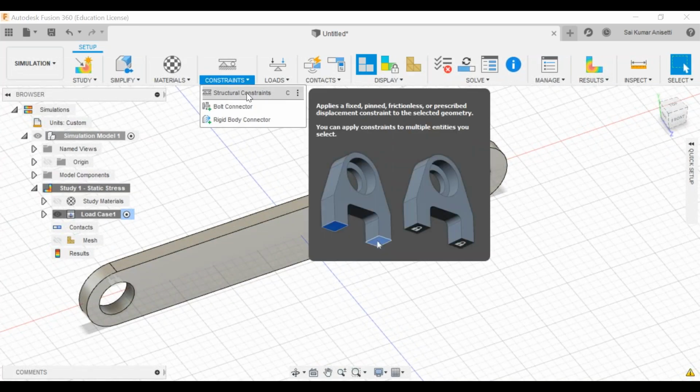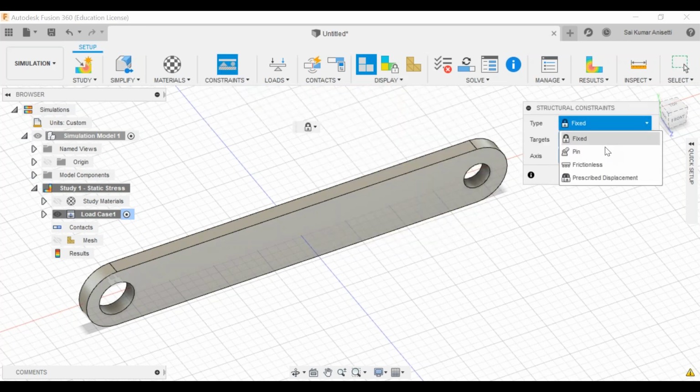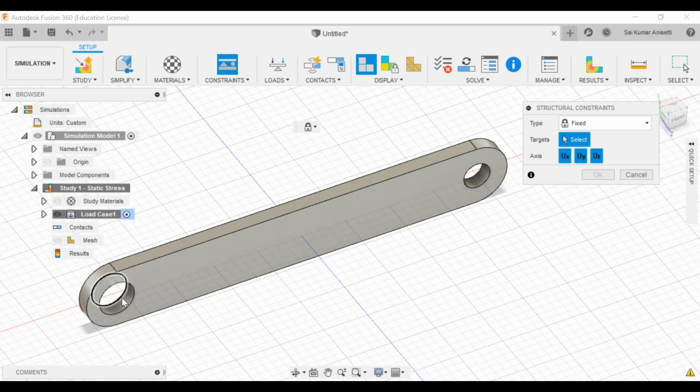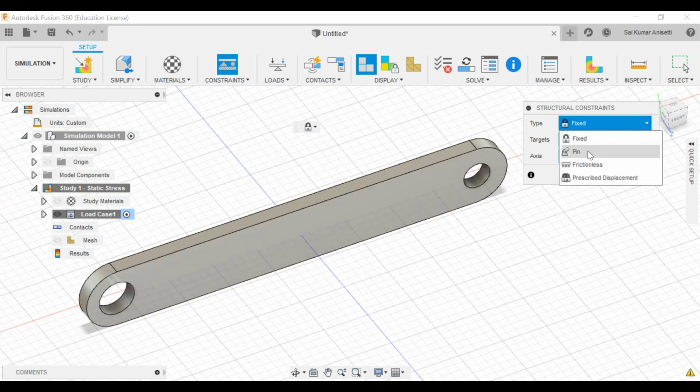And there are different kinds of structural constraints, fixing and giving. If you open, there is a pin type of joint, a frictionless joint, and you have prescribed displacement. All these are a little bit advanced. If you have a pin type joint, say you are analyzing linkage dynamics, like a 3-bar mechanism or 2-bar mechanism, it can rotate at this particular place, but it cannot move. That is called pin type. That is what a pin joint does.